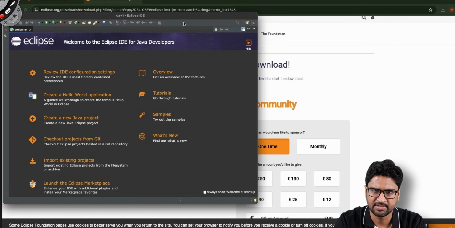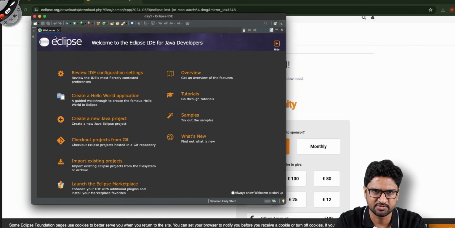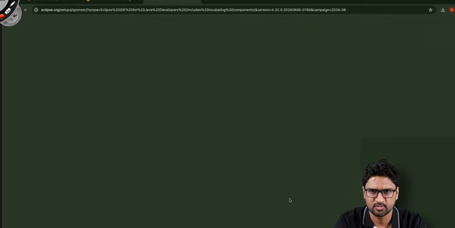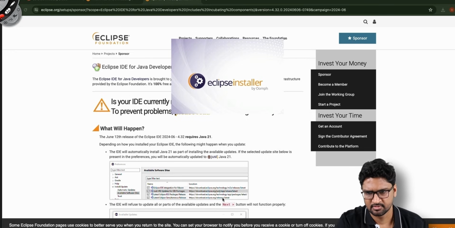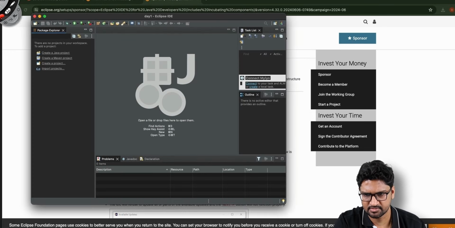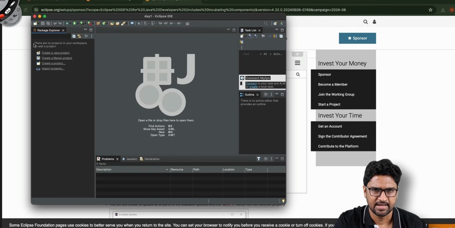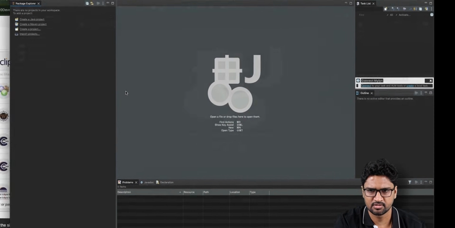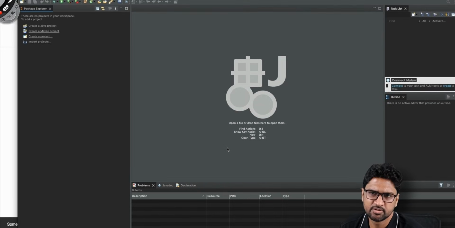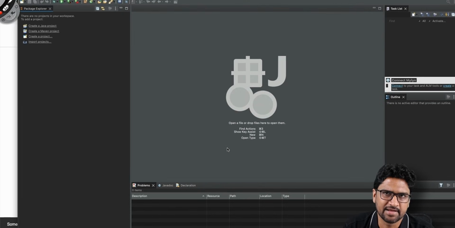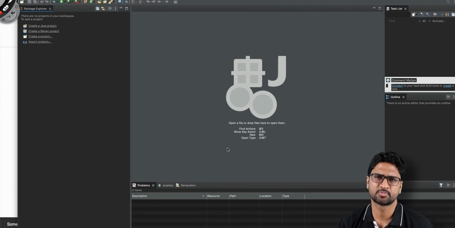And now you can see my Eclipse has been launched, and this is how it looked like. Let me open my Eclipse. Not this. Yeah, the day one, right? And this is how the Eclipse looks like. Fair enough. So now you see this Eclipse IDE, and we'll get started with creating our first project in the